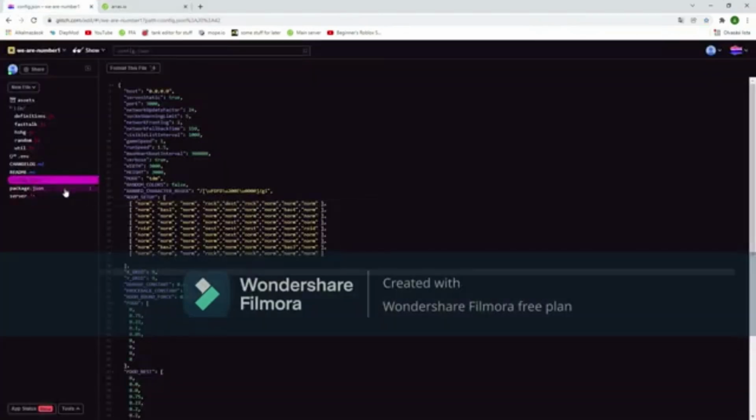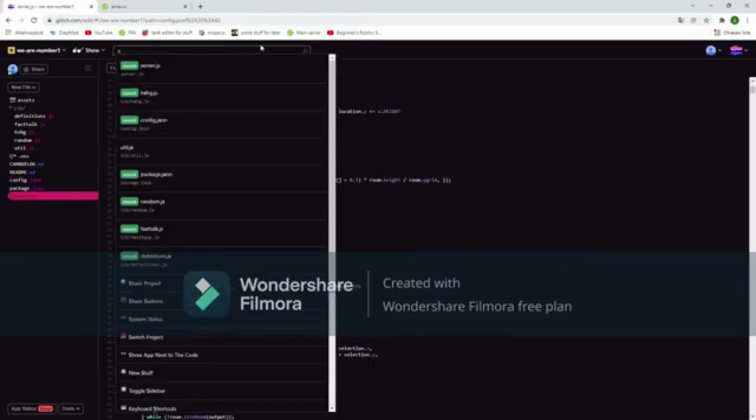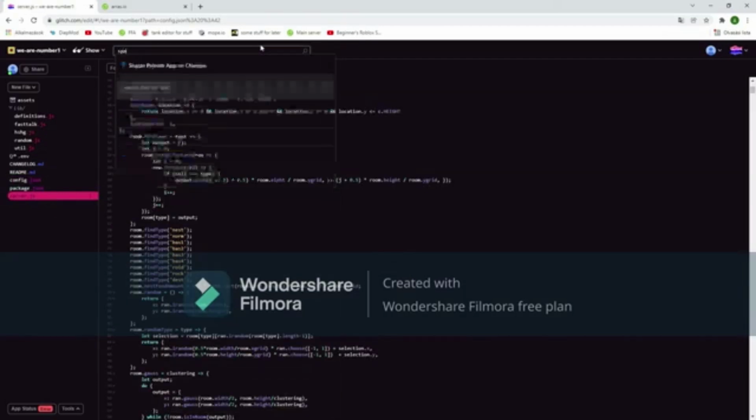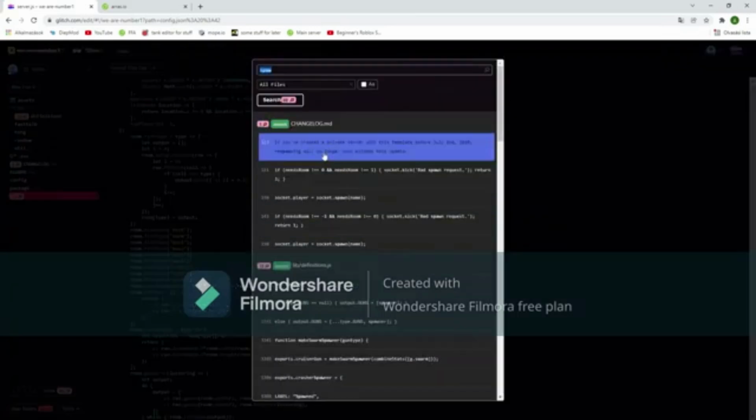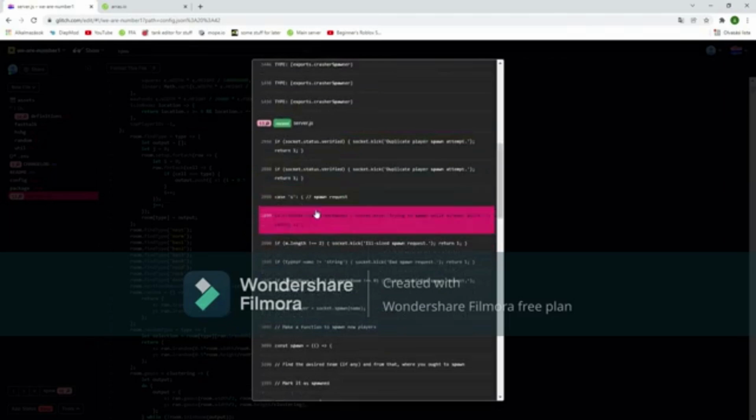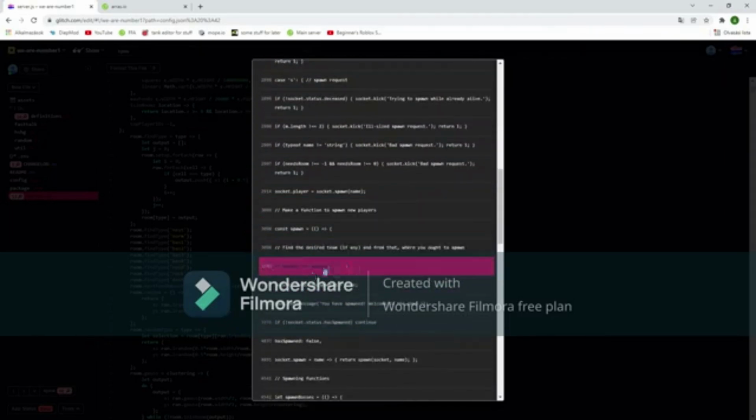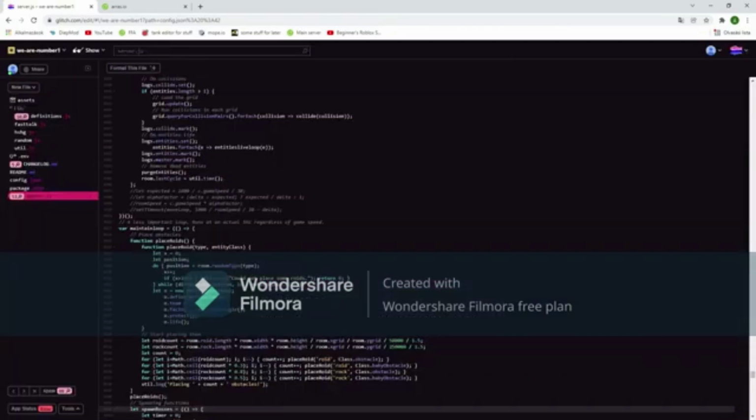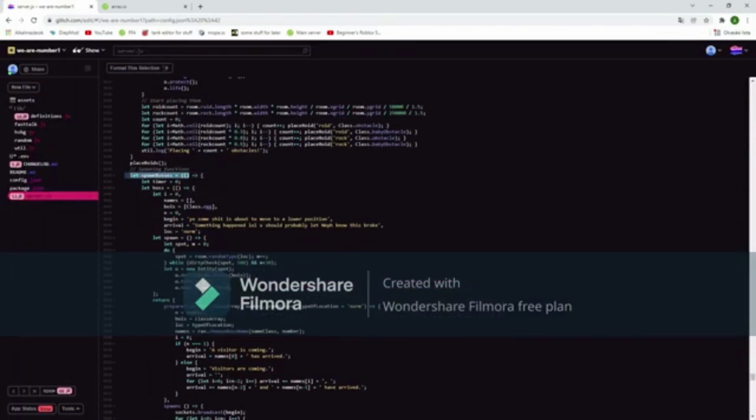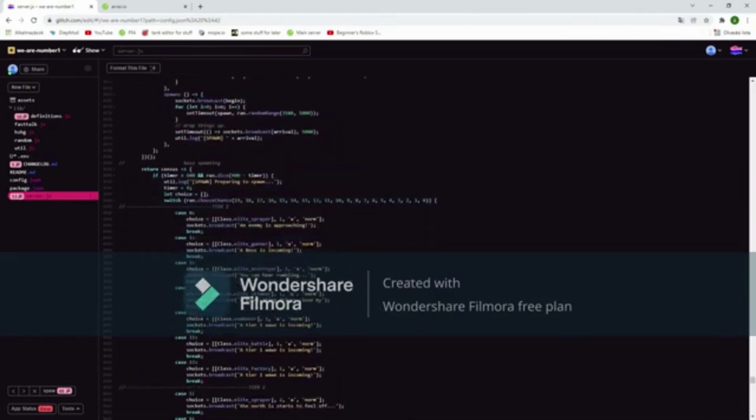Let's change it up. Go back to server and write in spawn, or just pop. So let's go to the server.json, make a function to spawn new players, mark it as spawned, spawning function, spawn bosses, this one you need. Let's spawn bosses, yes, yes, yes, yes, and this is it. Now,